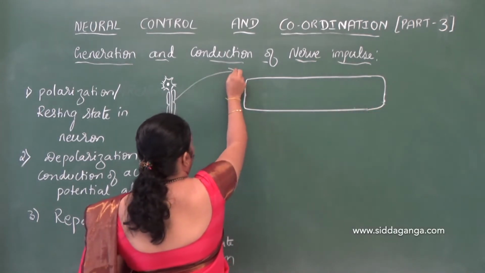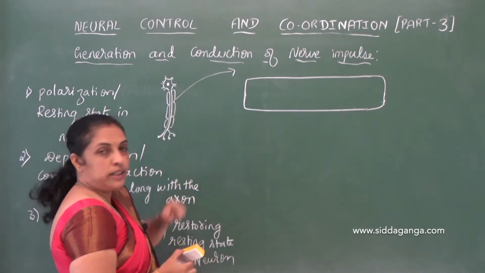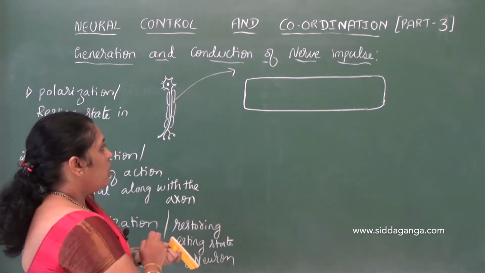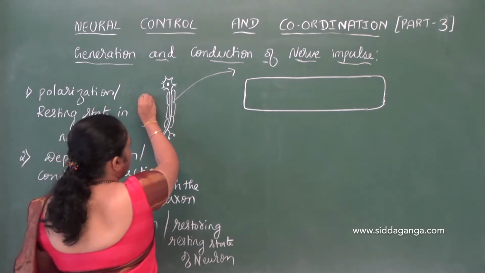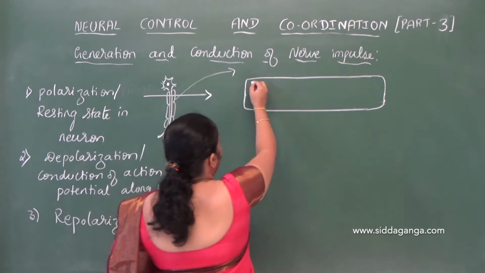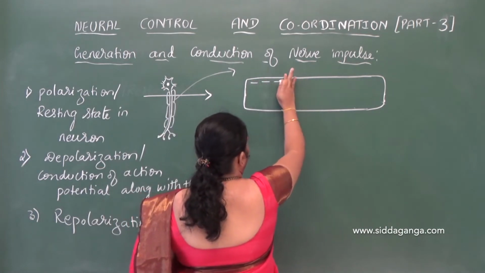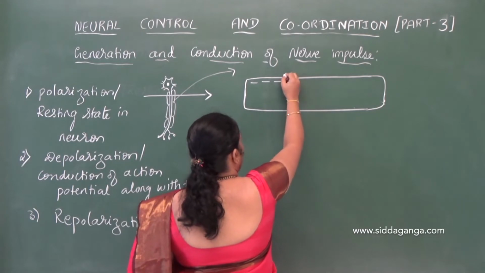This part I am writing. Understood? So when neurons are at rest, we see negative charges inside and the neural axolemma is having